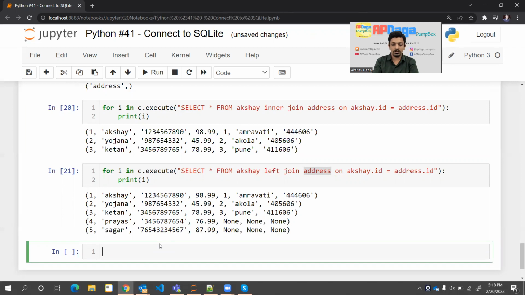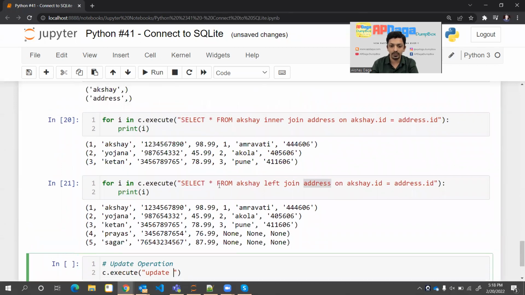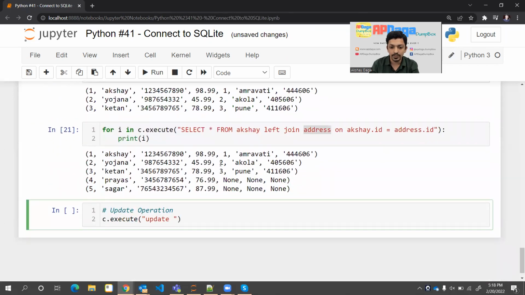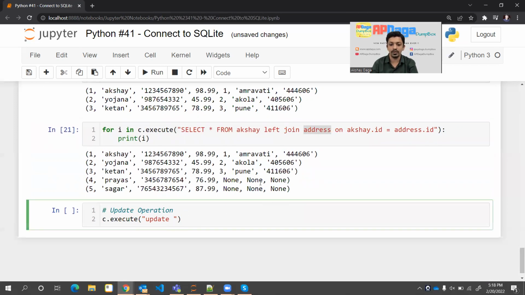So update operation. I'll write c.execute. Okay. Update. Name of the table is what I'll update. Let's say I want to update the pin code 411606. Instead of this, I'll change it to something different. So what I'll do, update table name address set